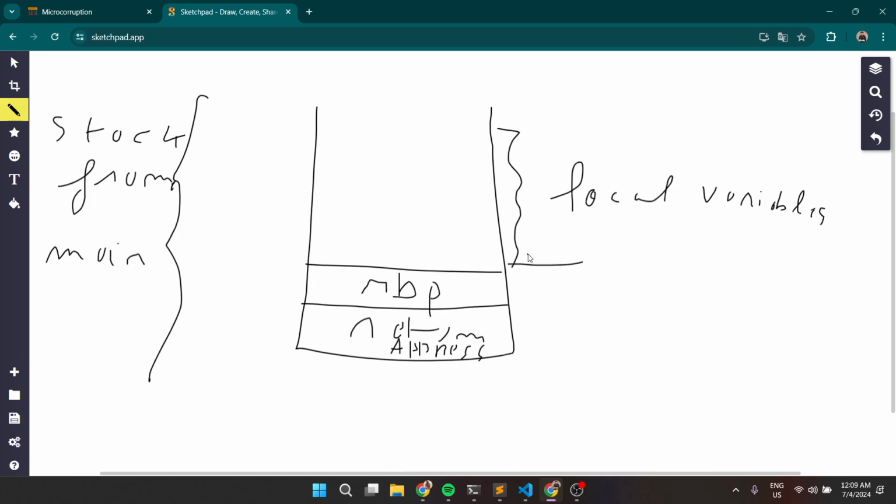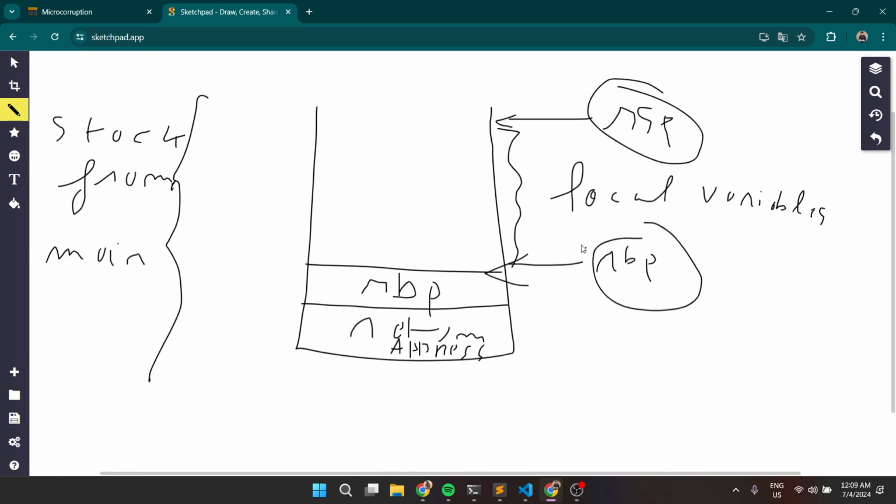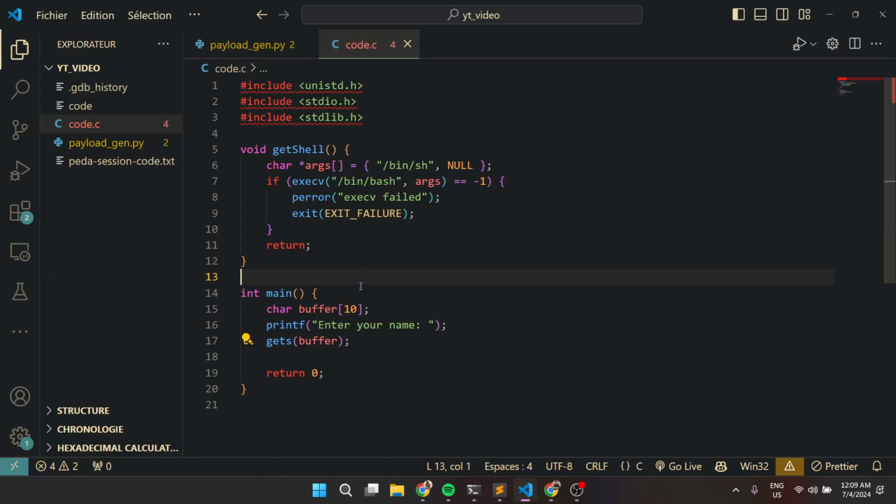And the thing is that the RBP will be pointing to this place, and the RSP is going to be pointing to this place. So this is the stack pointer, and this is the base pointer. Now the thing is, for example, if we take this case and just mimic what the computer is going to be doing,